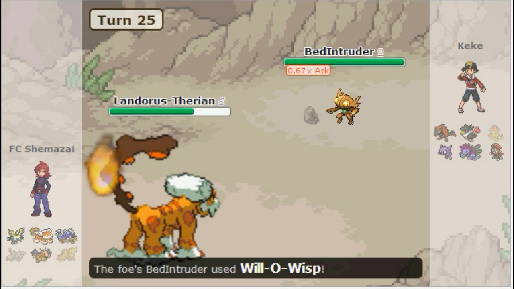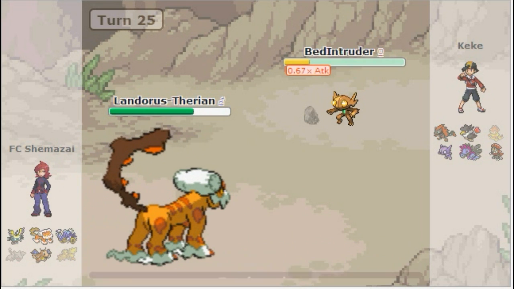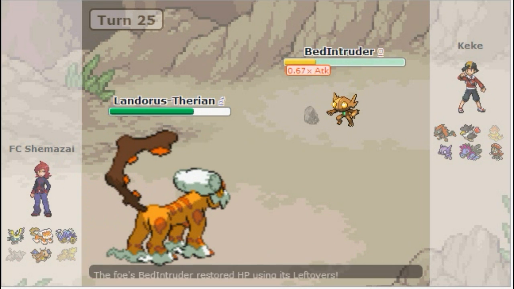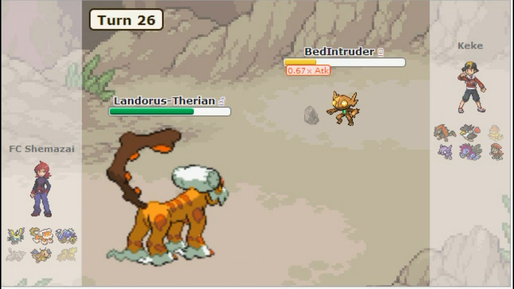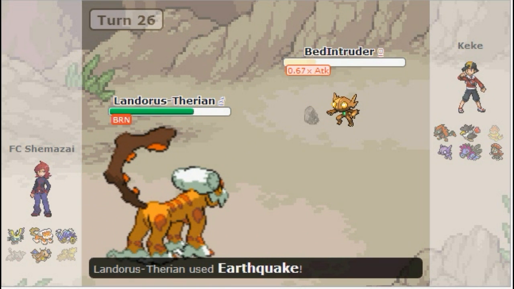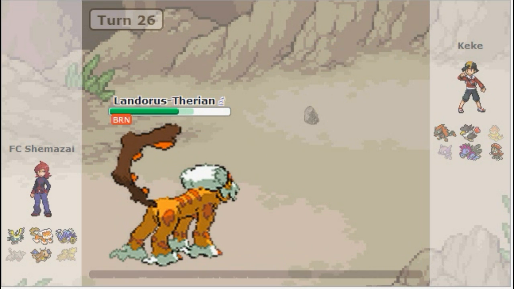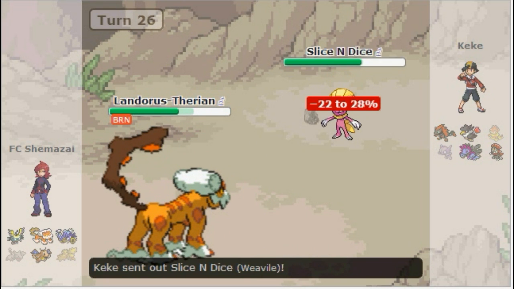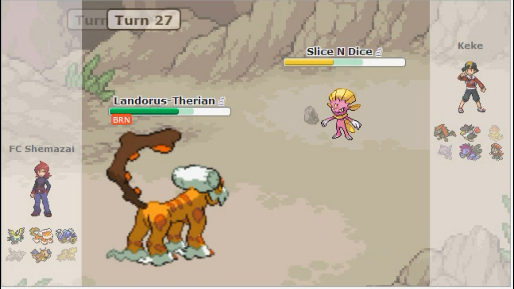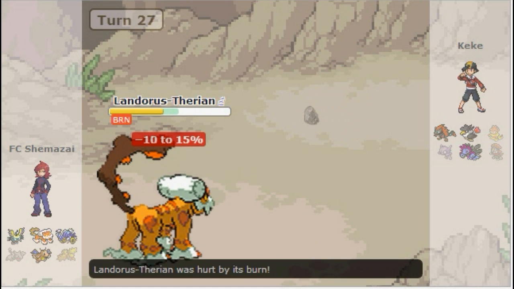But I'm going to Will-O-Wisp this thing, and of course that does miss, which indeed sucks, but luckily I do take it. So as long as this hits, it will be crippled in a way, although it will be able to finish off Bed Intruder. But Bed Intruder did some pretty good work on his team, as Dragonite's the only physical attacker left that's not burned. But I'm going to send in Slice and Dice to revenge kill,